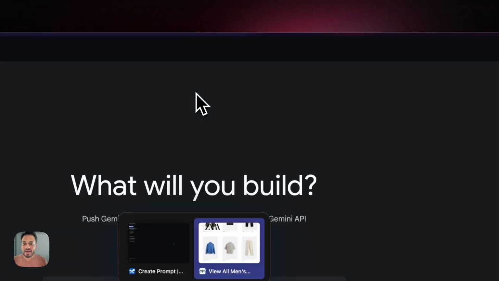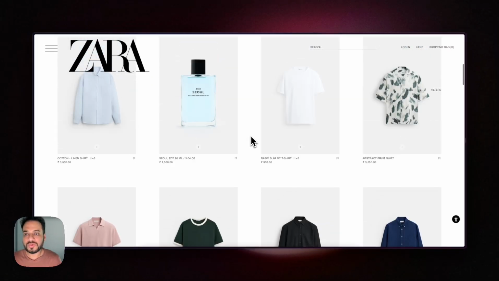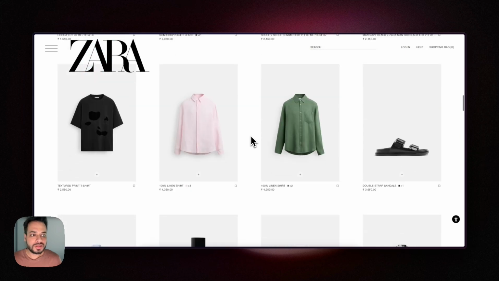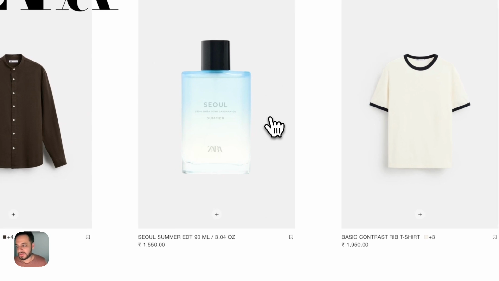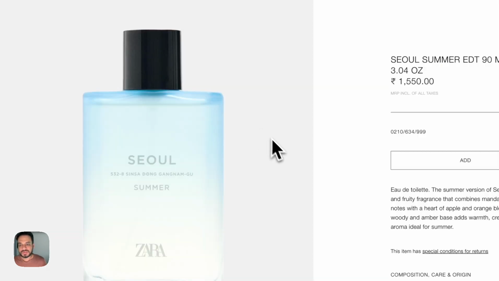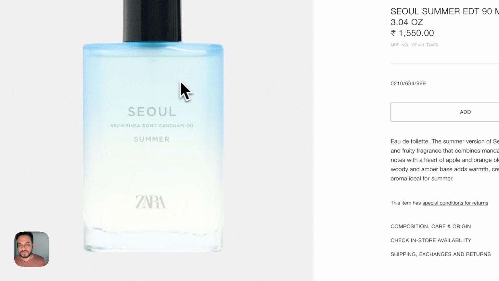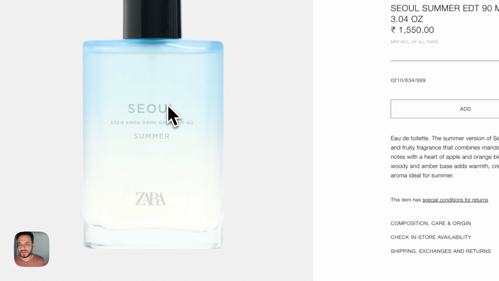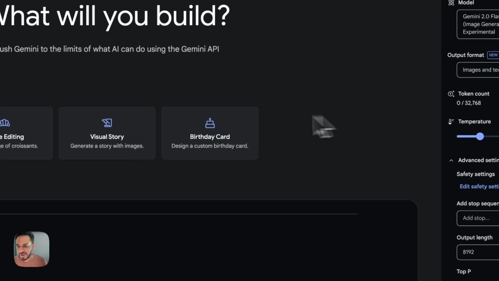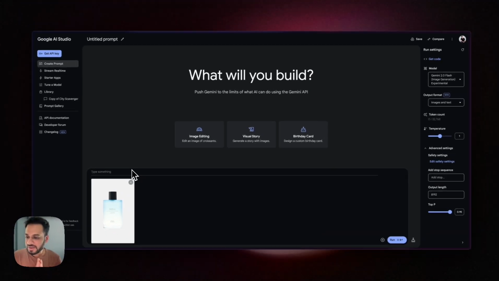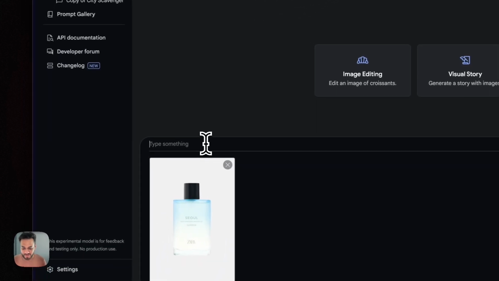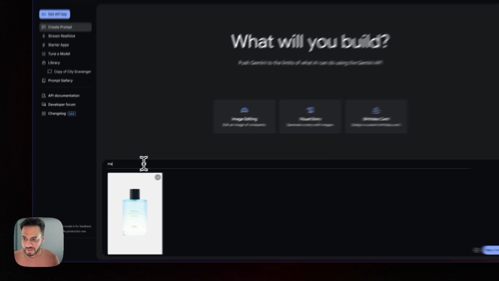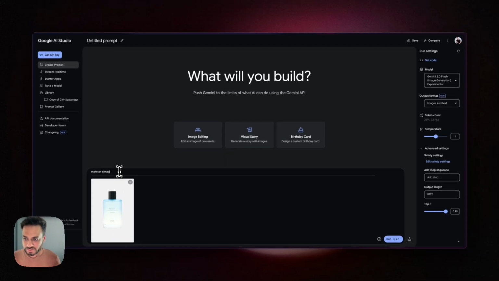Amazing. Let's go back to Zara and I want to see how it works with products. Okay, so let's say we take this one because I like the color, and we select this and we just save. We open this image. It's open, right? We save this image and we drag and drop. Now this is a very simple and bland product image with just a white background. I want to make some spice in this, right? So let's see. So what I'll do is make an image